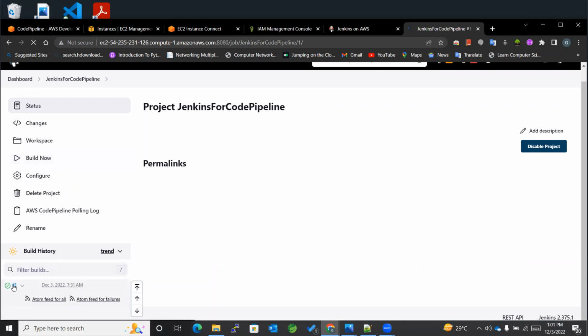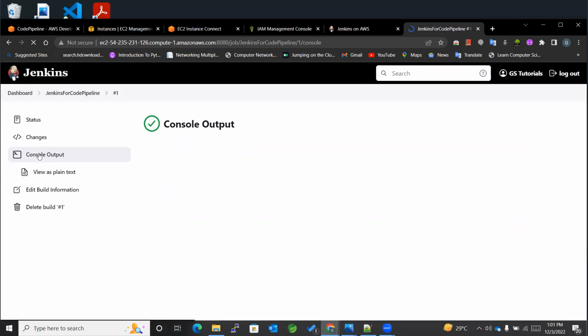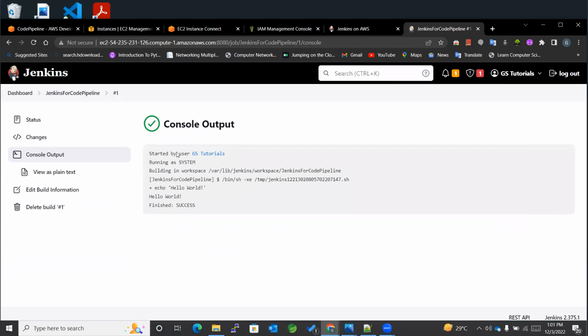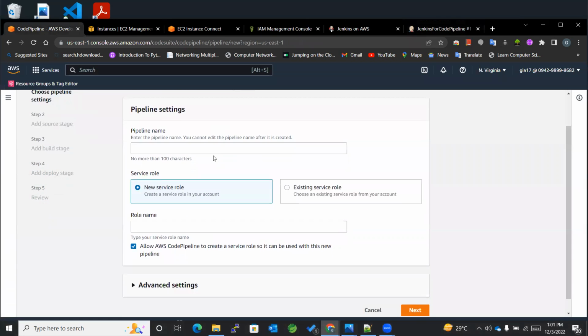We'll check the logs though. Console output, and see that it successfully worked for us. Now we'll go to the CodePipeline and create, all in all, a new pipeline. So the name for this pipeline is code pipeline